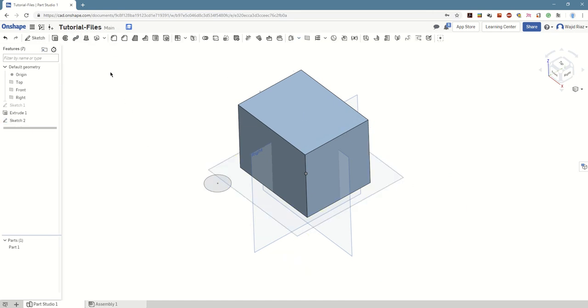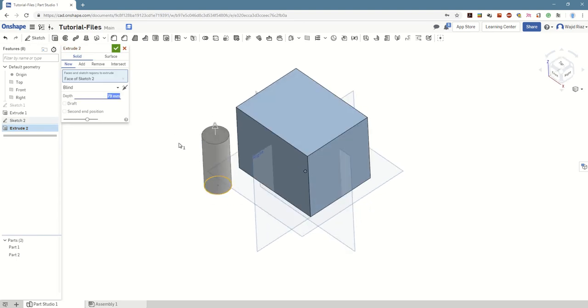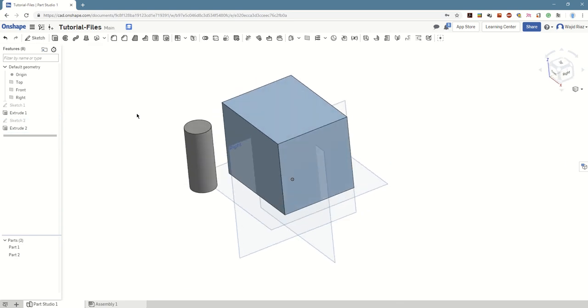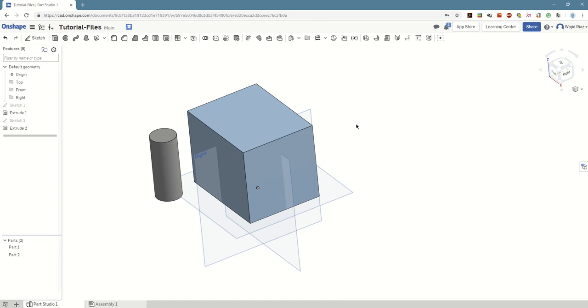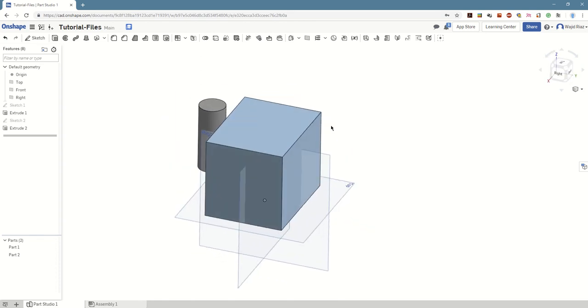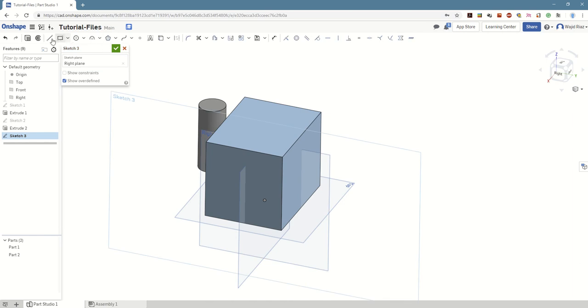Click on the green tick, extrude, select that up. Again, we're not too fussed about the particular height, just drag that up, click on the green tick. We've now got that. I'm going to do something slightly different on this particular triangular prism. I'm going to select this right plane. So again, click on the sketch just to show you what happens if you don't want to sketch on the top plane. So if I click on this right plane, I'm going to use my line tool,